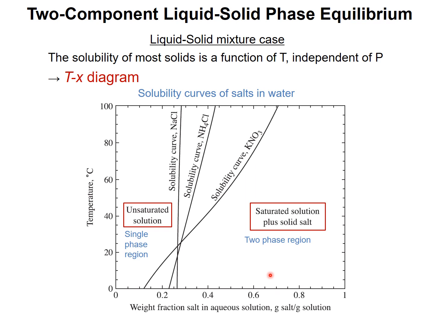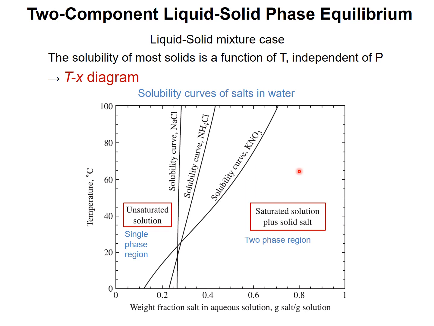Then let me think about the area on the right side of this solubility curve. Of course, you could have a higher concentration than the solubility in this curve at a fixed temperature. For example, at 60 Celsius degrees, you could read about 0.5 solubility. However, in this area, on the right side of this curve, you have a higher concentration, like 0.8, than the solubility 0.5.